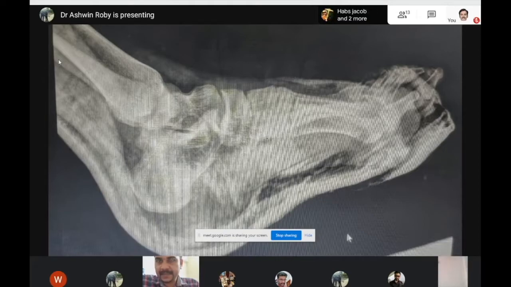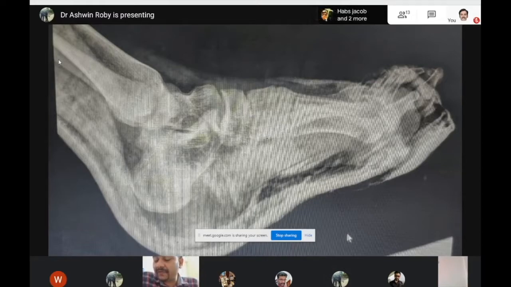Sometimes there will not be any dislocation or subluxation as such, but there will be a fracture of the base of the second metatarsal. What do you call that? Lisfranc equivalence. What do you call that sign? It is an avulsion fracture. Okay, fleck sign. Just like your Segond sign in anterolateral instability of the knee joint, where there is a lateral tibial condyle avulsion in ACL injury. This you should look for.